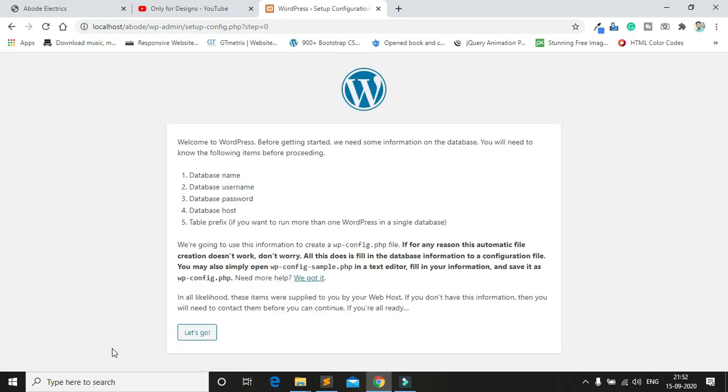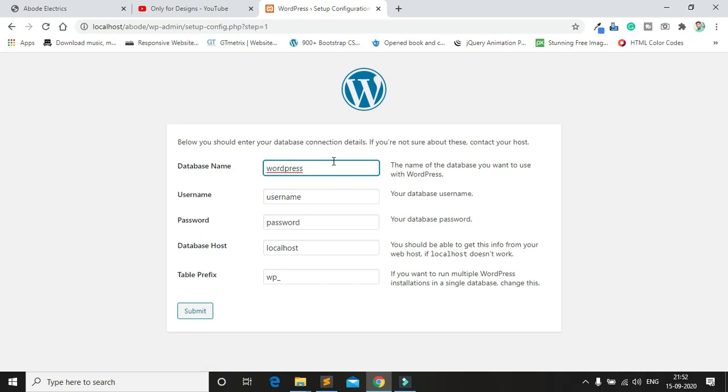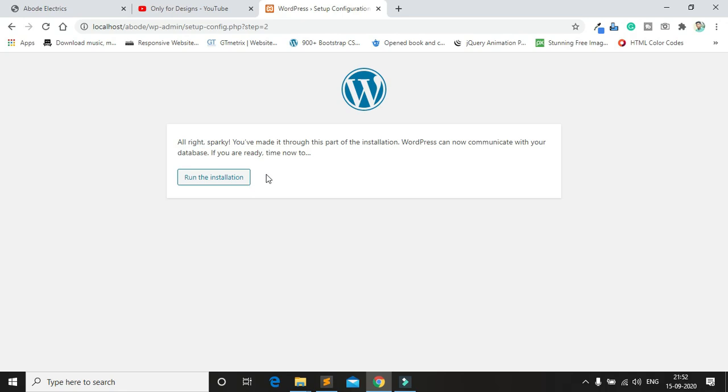Then next, then let's go. My database name is this one. I don't have any username, so I just type root, and I don't have any password, so I leave it blank. Then submit, then run.